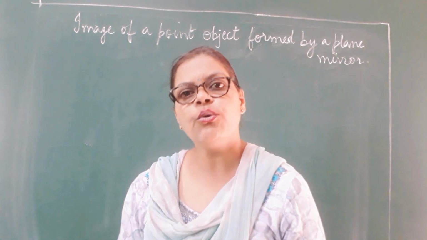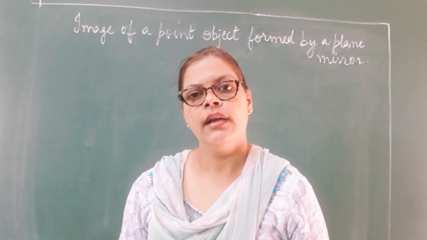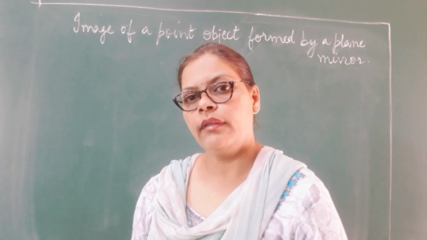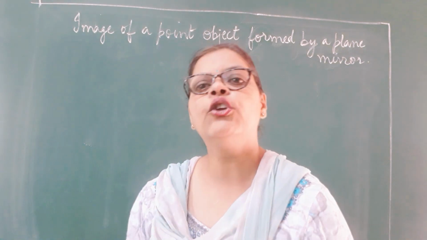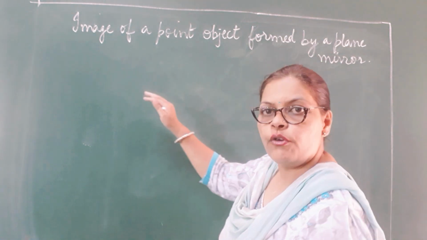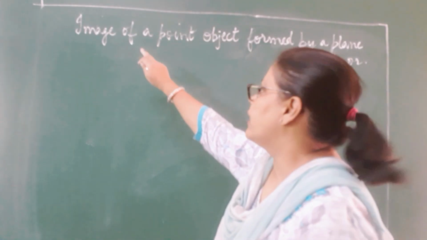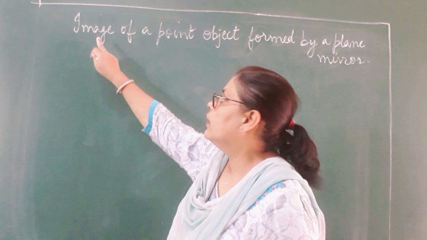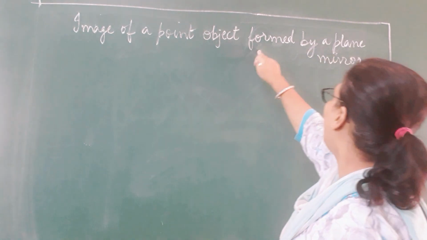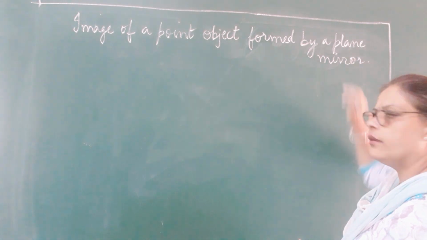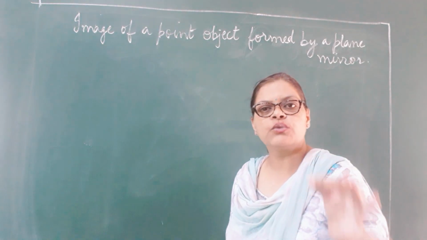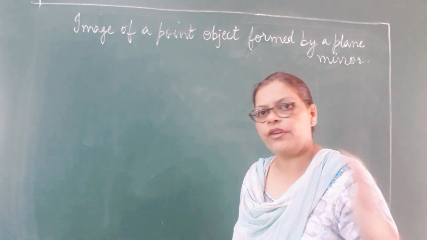I am going to teach you how to draw the diagrams technically correct. You know, diagrams have to be learned. You have to learn the technique to draw the ray diagrams correctly. So today's class, first of all, I'll pick up the first diagram, and you can see I've written it on the board: image of a point object formed by a plane mirror. Now I'm going to teach you the steps, and you will follow the steps one by one. You will not stray away, okay?